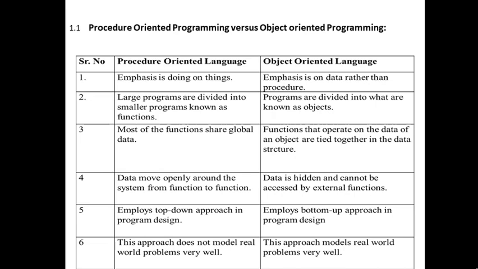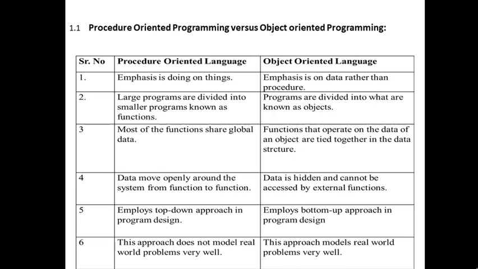Now what is a bottom up approach? I am taking the same example, but now the process is in reverse order. That means all students will decide something. They will put their suggestion to the staff member. The staff member puts the suggestion to the HOD, and the HOD will put the suggestion in front of the principal, and then the principal will put all those things in front of management, and finally the management will take the decision. But here the process is reversed. So this is called the bottom up approach.